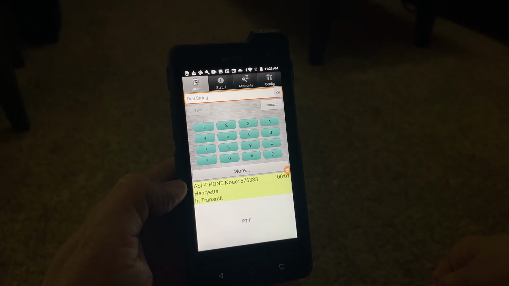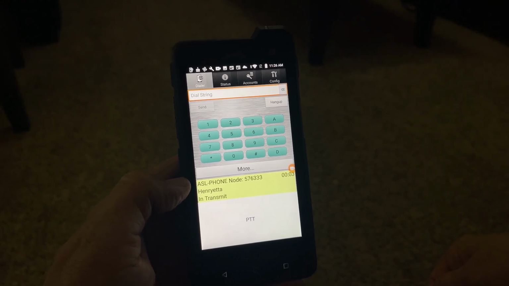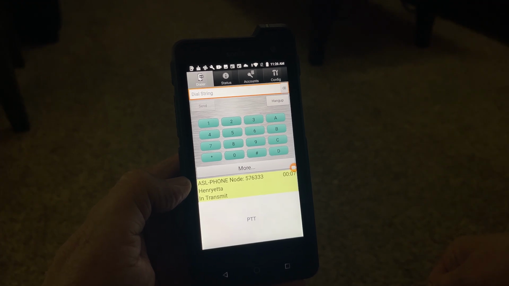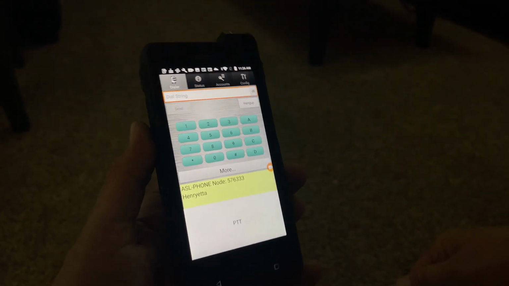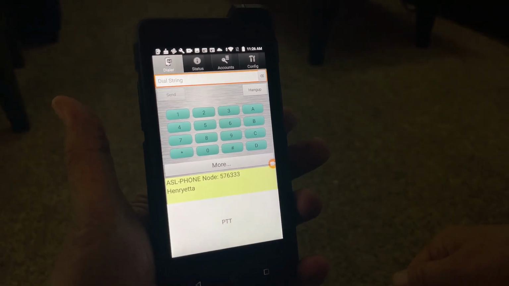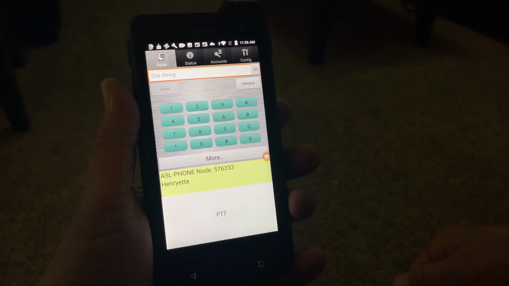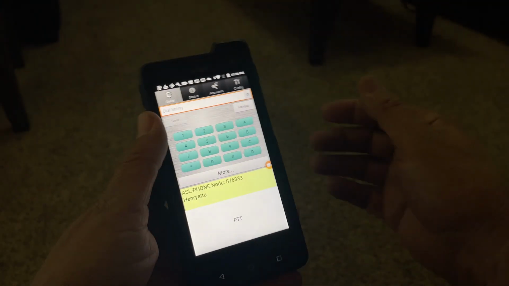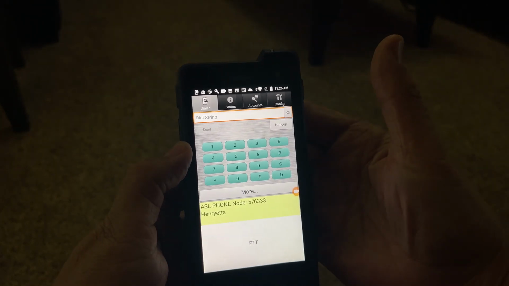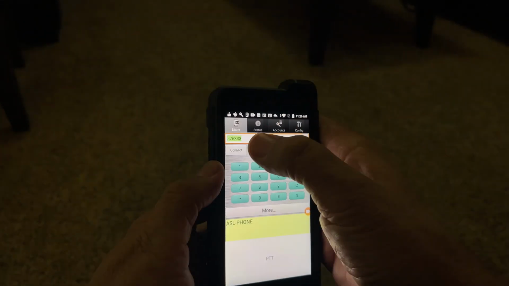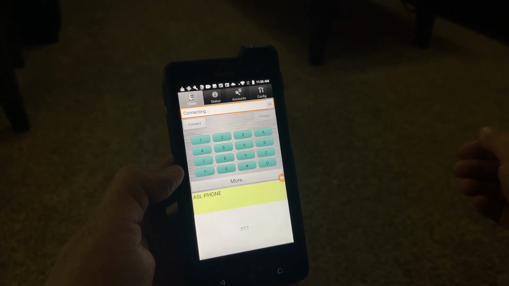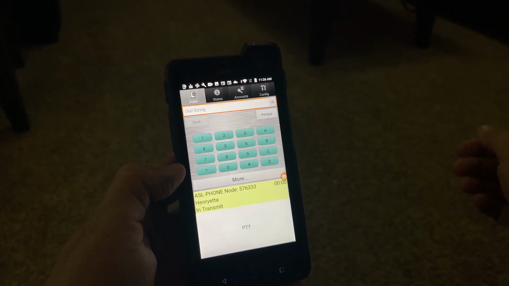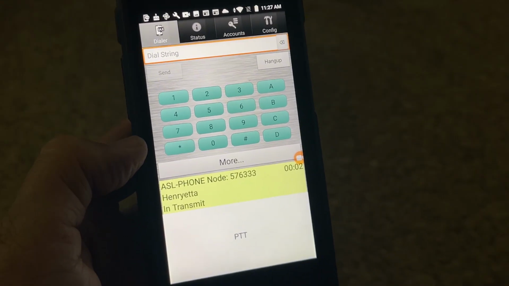Connected to node 576.333. And we're on our outside IP address coming in. And we are connected. And I can hit hang up and deregister, but let me jump back in for just a second. I want to show y'all something if it's going to work. Connected to node